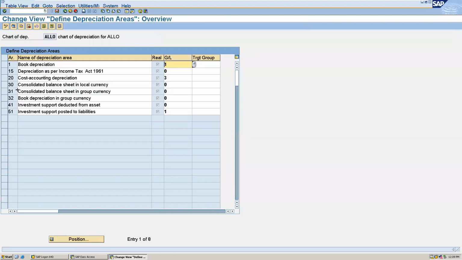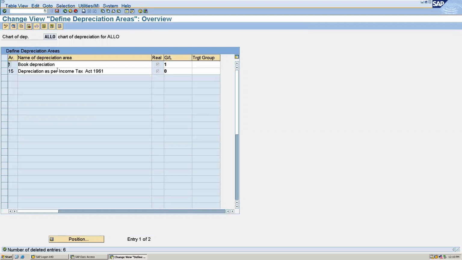So you can see here the number of depreciation areas. Here I will maintain only the book depreciation and also the income tax depreciation. The balance I will delete. And if you want to create any new depreciation area for parallel currency, you can copy this one and create it.